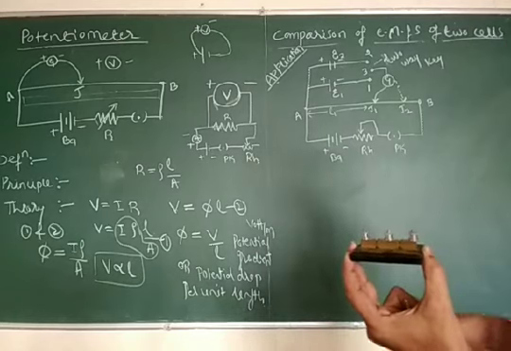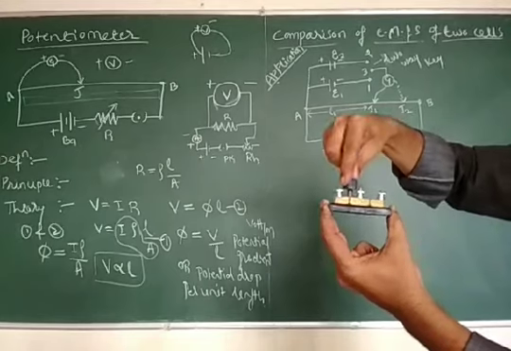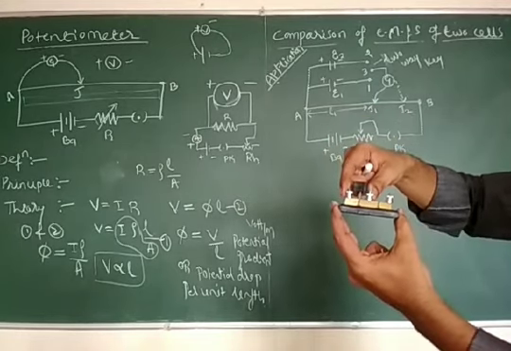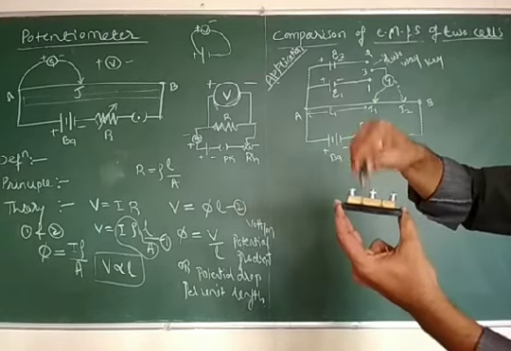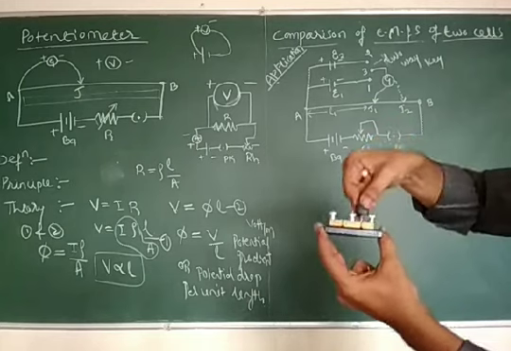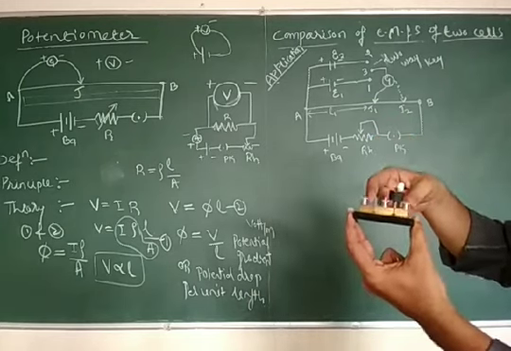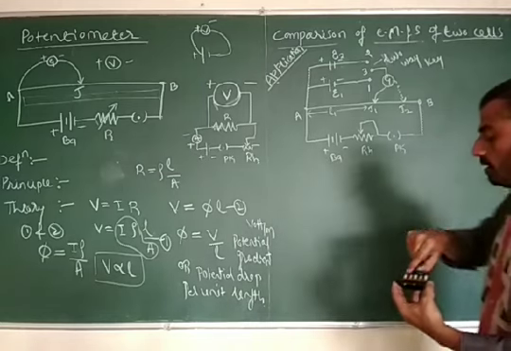Here we have that option. If I keep this key, by putting this key, out of the two, only one of the cells can be made active. And if I remove it here and keep it here, I can make the other cell active and the first one is stopped. In that way, the two-way key is used here.